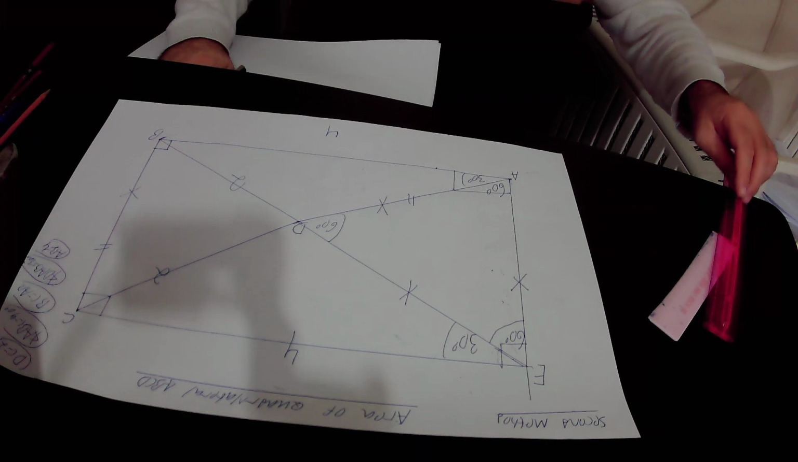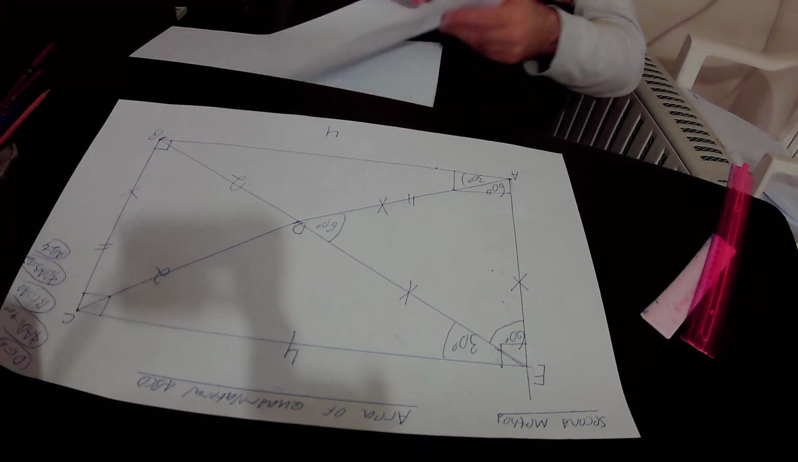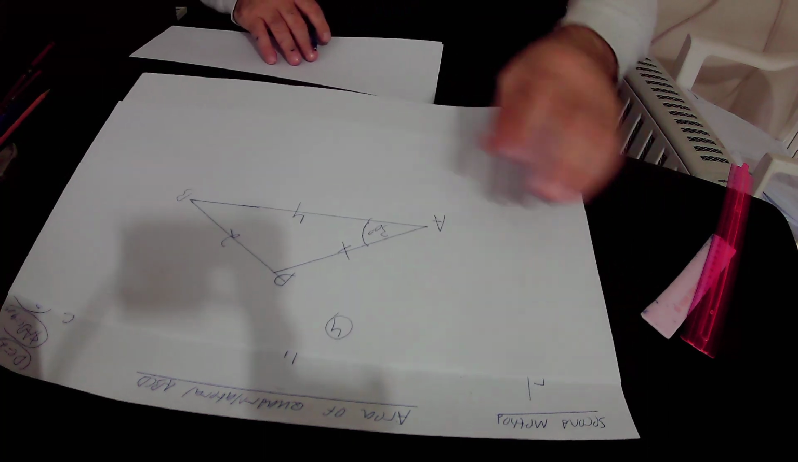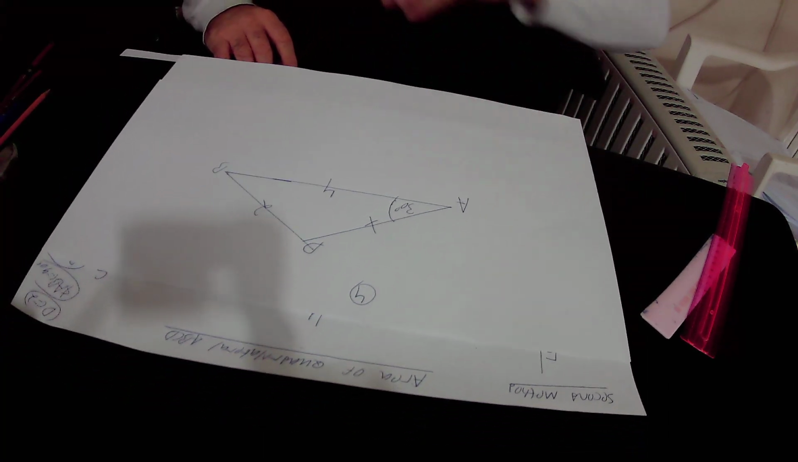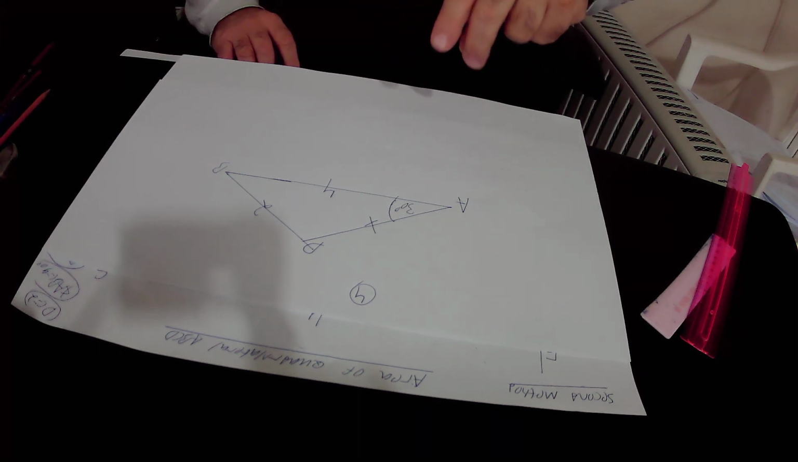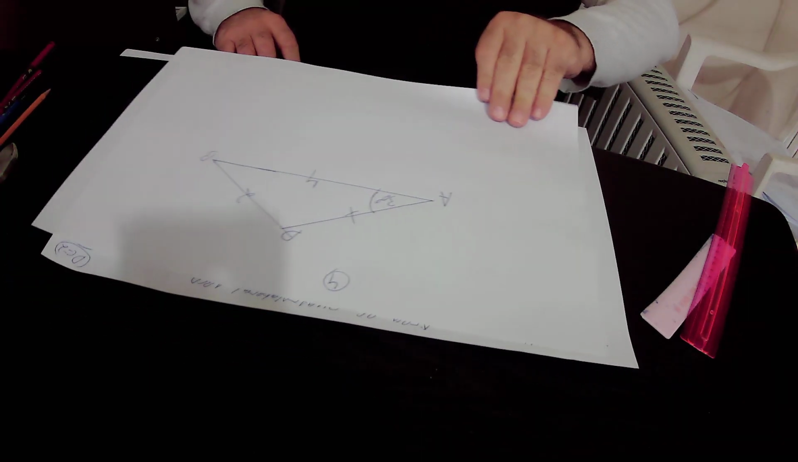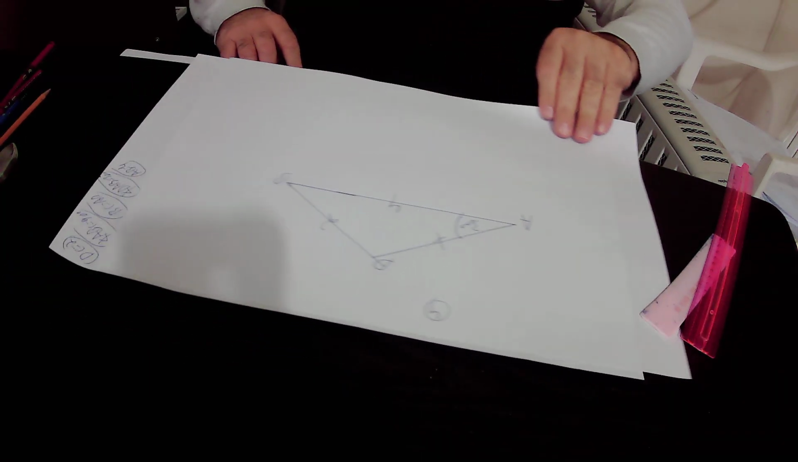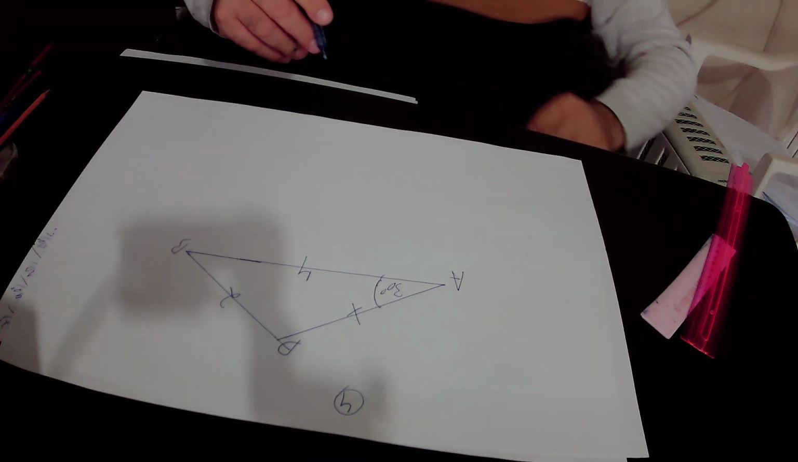So this is triangle ADB that I copied from the original drawing, and we will implement the law of cosines in this triangle ADB. According to the law of cosines in this triangle, we will get that